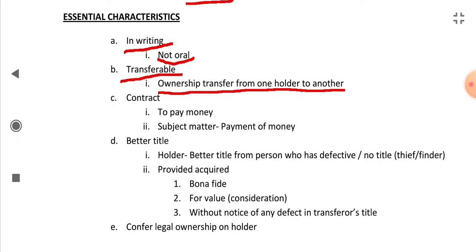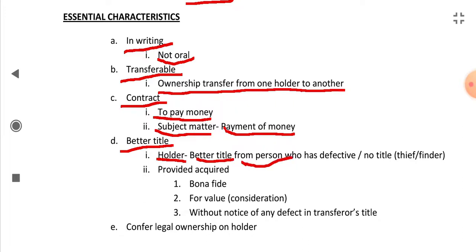Third, it is a contract to pay money. The subject matter of this contract is payment of money. Next is better title. The holder will have a better title from a person who has a defective or no title,